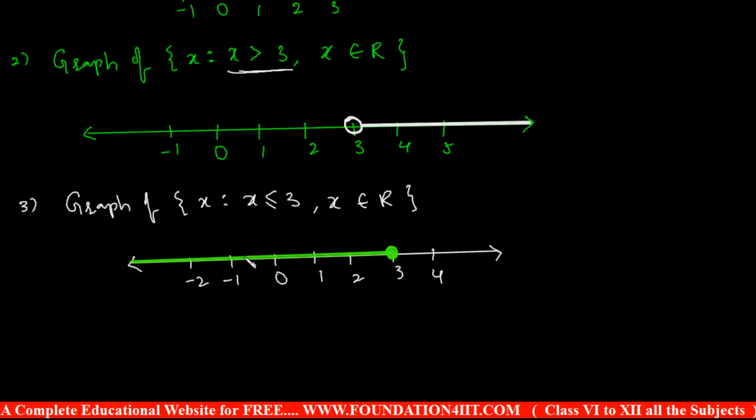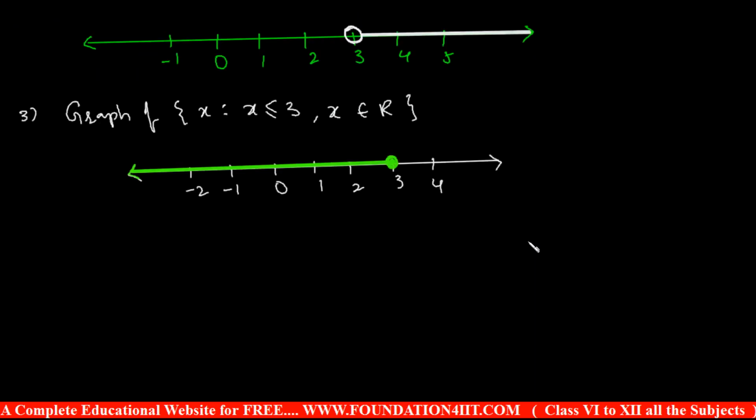That okay, if you can make like this, the meaning of this is till arrow mark you can make symbol. So the meaning 3 is also completely circle is dark, so 3 is included and less than 3. X is less than or equal to 3, like this. And same like a second example, let us see the fourth one.